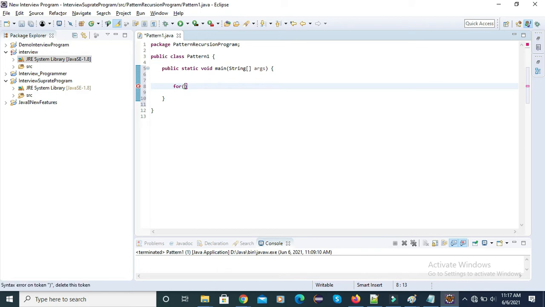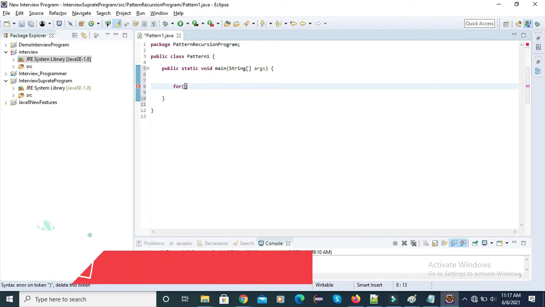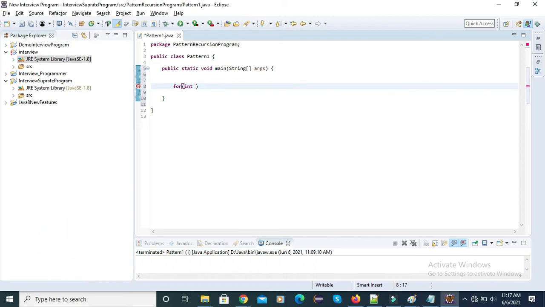In this for loop we write code that will print your pattern from 10 by 10. I'll define int i equal to 0, it will start from 0, and i less than or equal to 10. I'll type a hard coded 10, and then i plus plus.